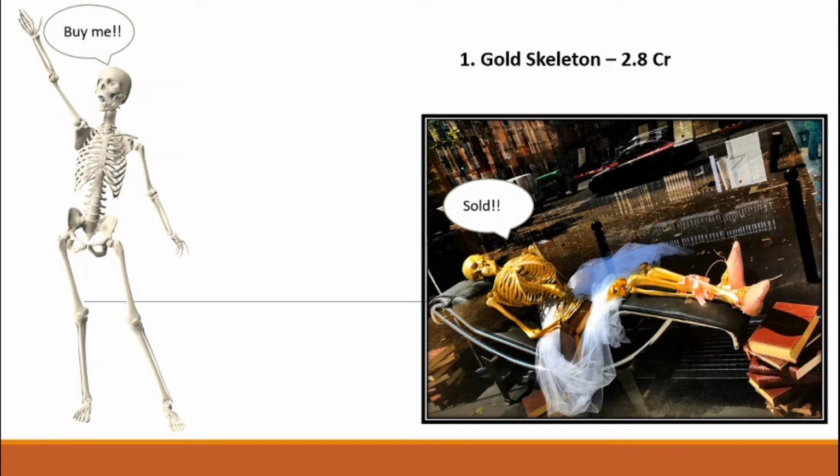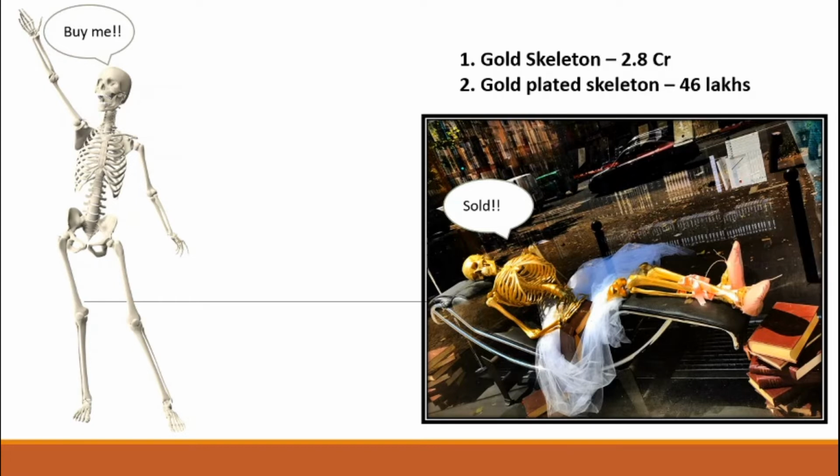Now, in order to do this, there is a better model for you, and you have two options to choose from. One, you can make a skeleton completely out of gold, and as of today it will cost you about 2.8 crore Indian rupees, or you can plate this regular skeleton itself with gold, which will consume a little less gold, and you can make it in 46 lakh rupees.